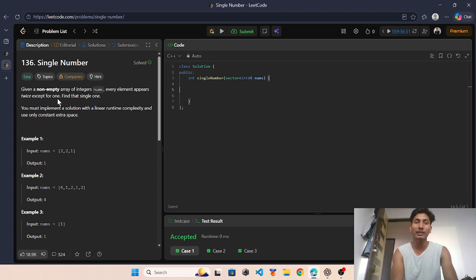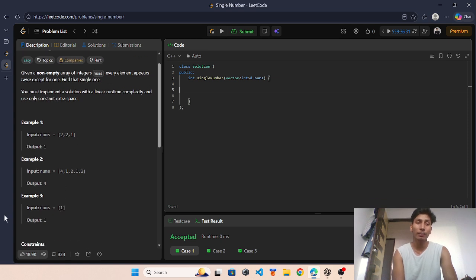We have to find that single one. Suppose in example number 3, there is only a single one, so we have to find this single one.